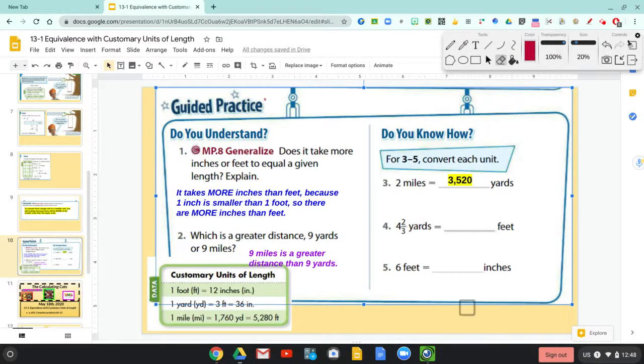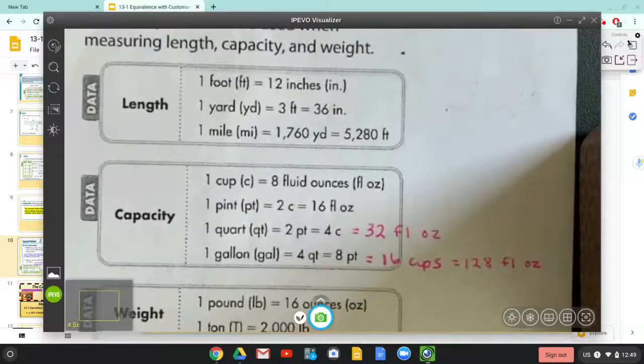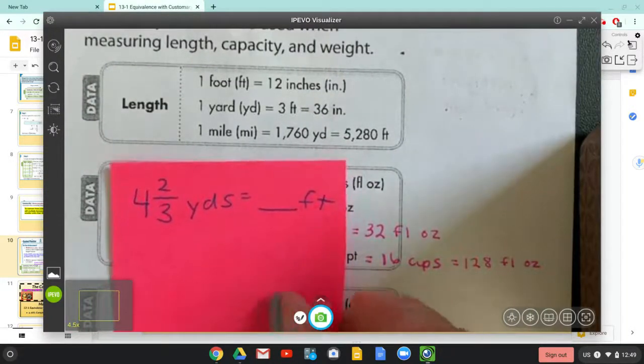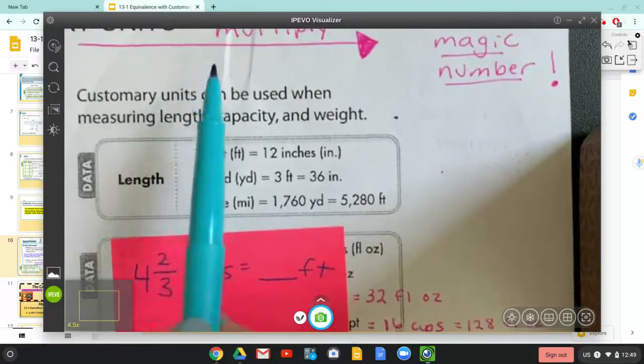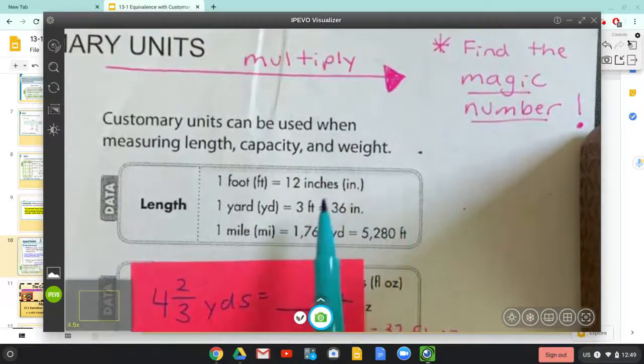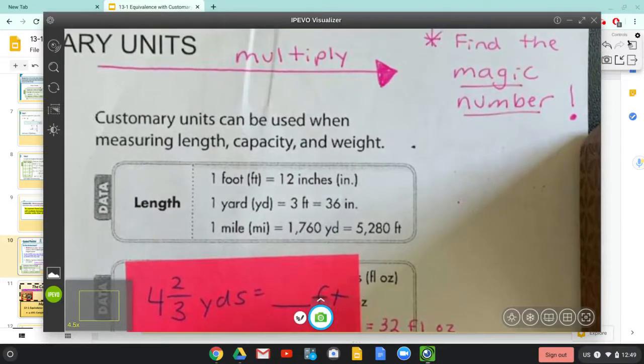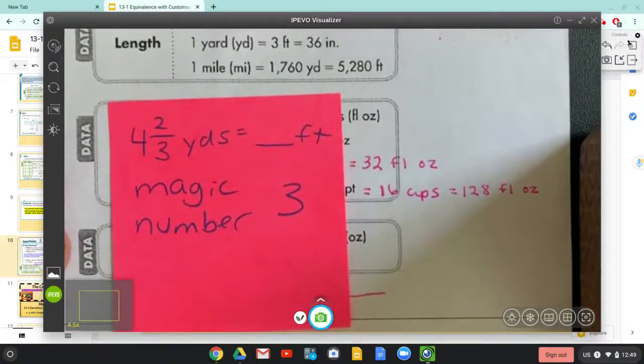All right, guys, welcome back. So let's take a peek here. So we've got 4 2/3 yards, and we need to convert that into feet. So I'm going to look over here, and I'm going from yards to feet. I will be multiplying because I'm going to the right. And my magic number will be 3. So I need to take 4 2/3